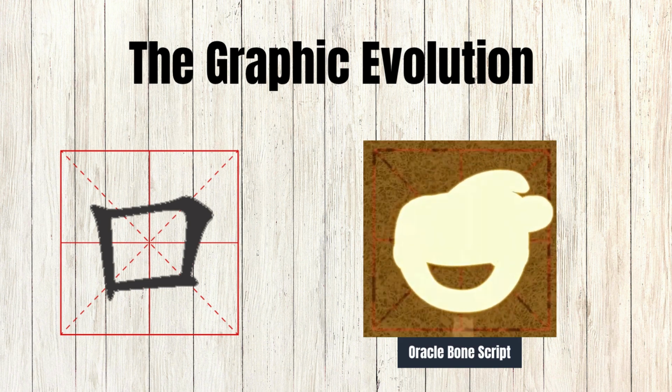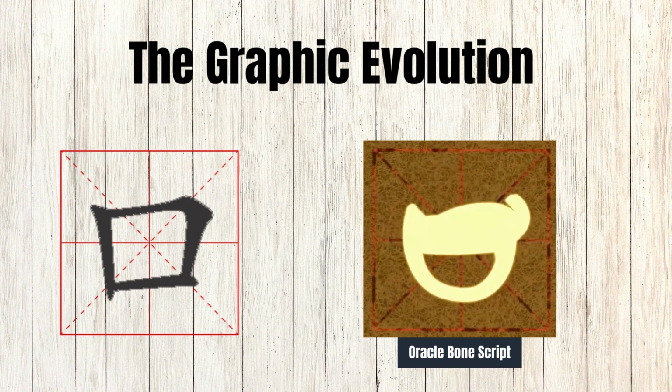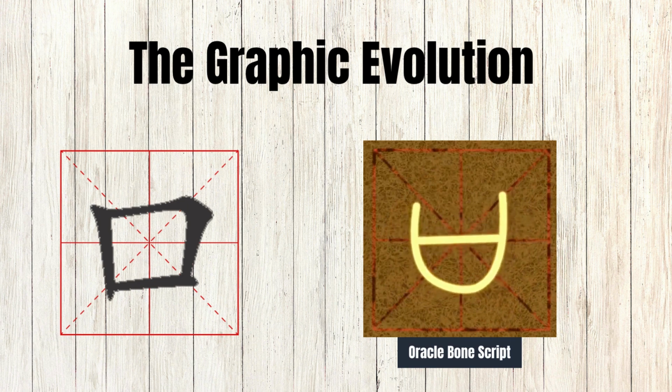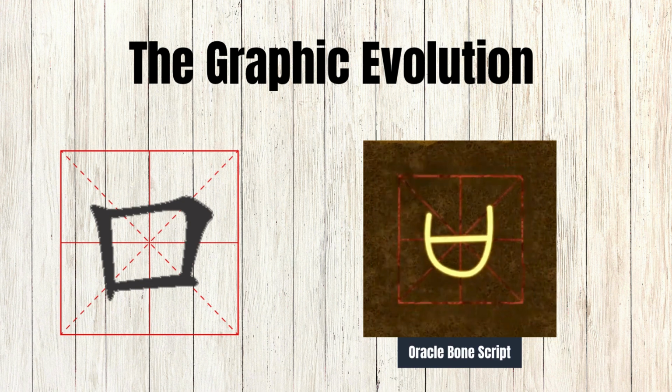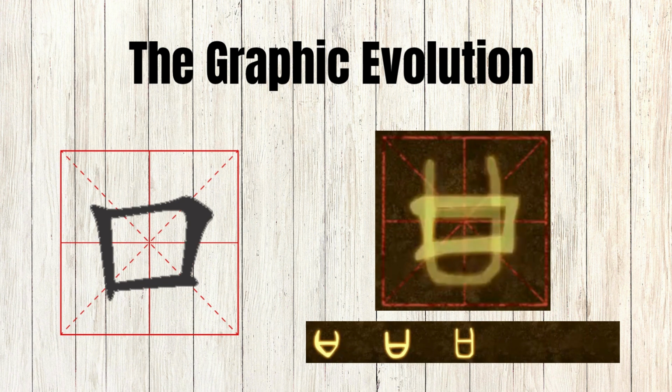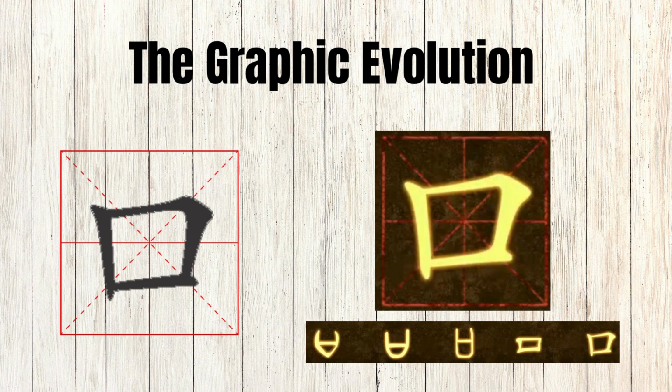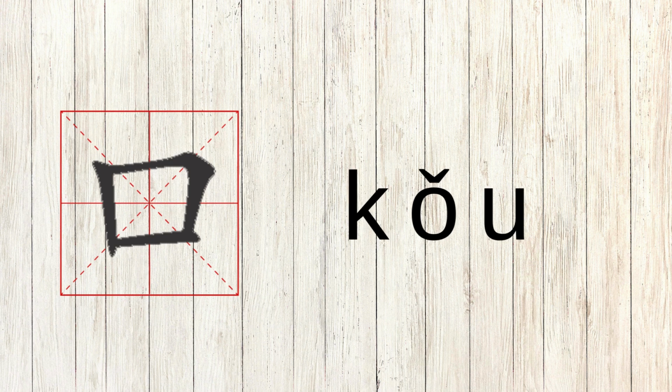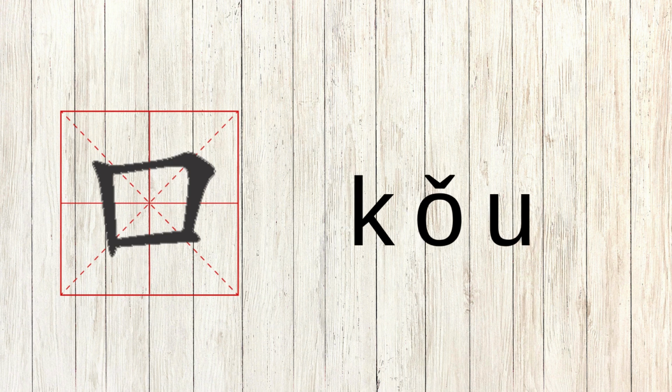In the earliest oracle bone script, it resembled an open mouth, as if someone was smiling. As the writing system became standardized, the character was gradually simplified until it eventually took on the square shape we use today. Let's practice reading this character together. 口 口 口